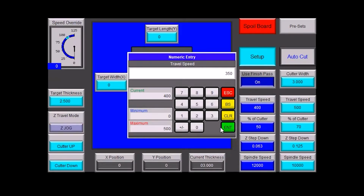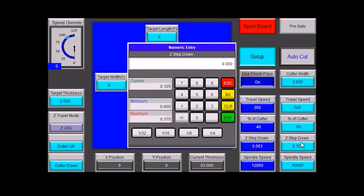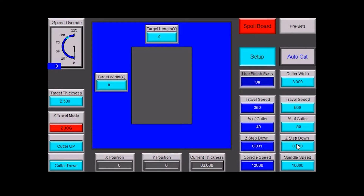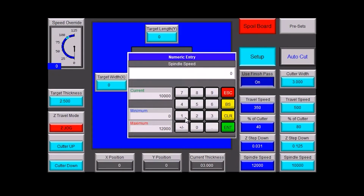And then that machine also has a fully automatic mode. So you have a couple of fields that you type in. So you have your cutter size, cutter step over percentage, you have your spindle RPM anywhere from 0, I don't know why you do 0, but 0 to 12,000 RPM. You have travel speed anywhere from 0 to 650 I think inches per minute. Then you have your step downs distance that you want,